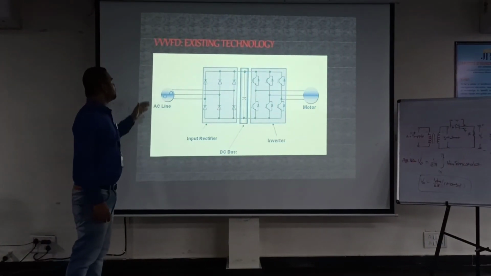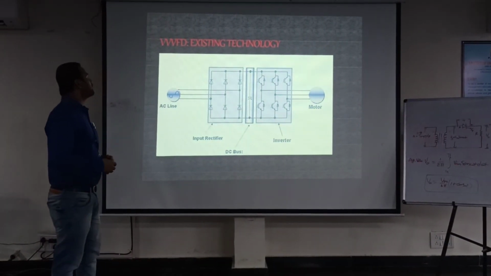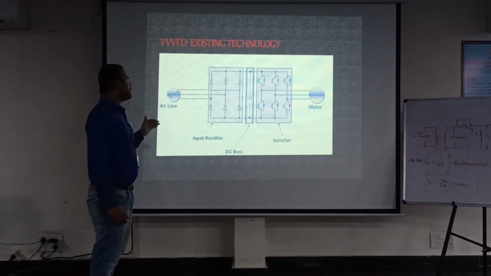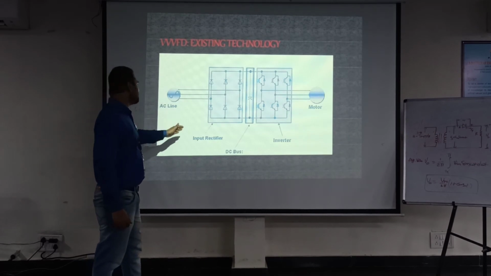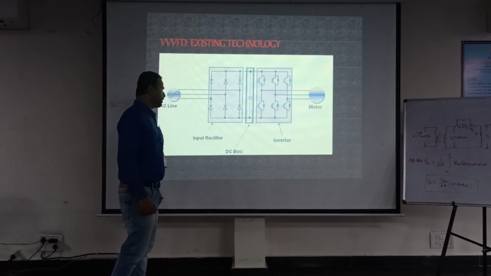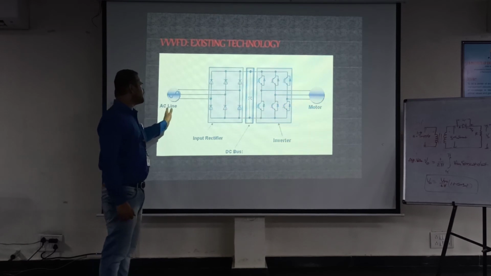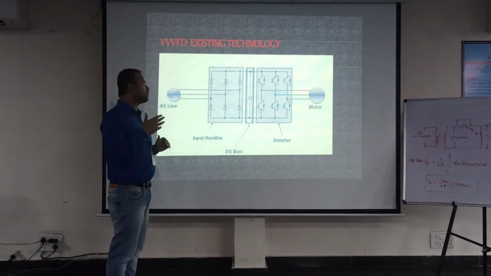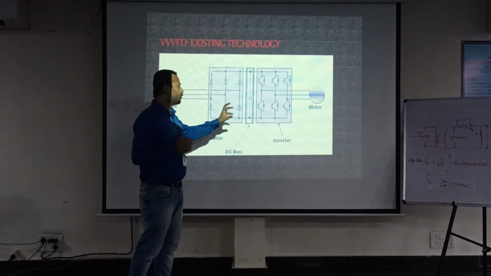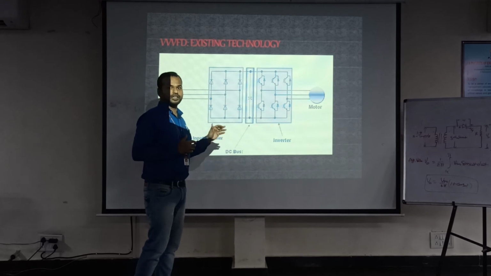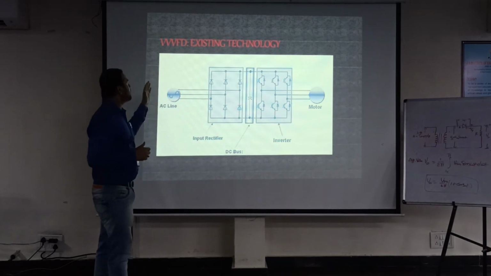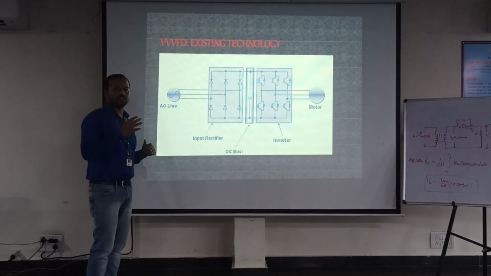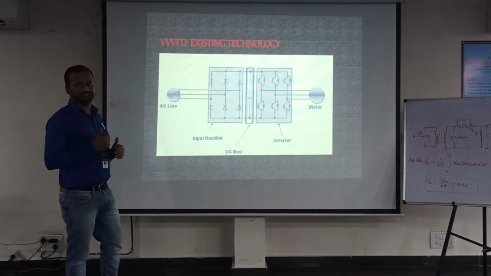Next is the variable voltage and variable frequency drive. This is the power electronics drive part, where we use a power electronics converter. One part on the input side is the rectifier, and the other is the inverter. On the input side we give an AC supply, the AC is converted into DC, and this DC can be modulated using PWM and different techniques and given to the motor, so that the motor can be controlled. This is the VVVF drive, variable voltage and variable frequency, where we control both voltage and frequency.